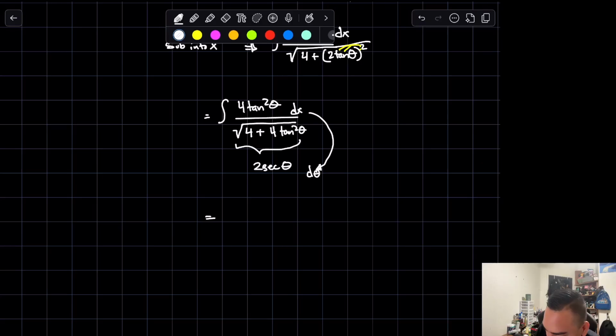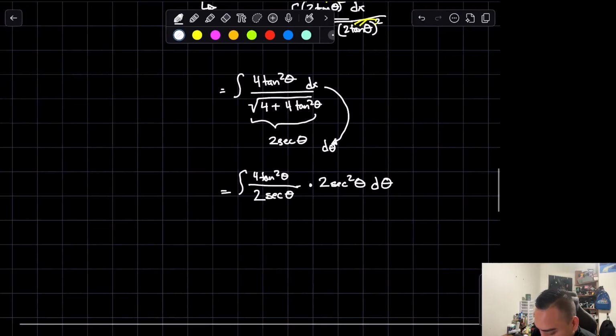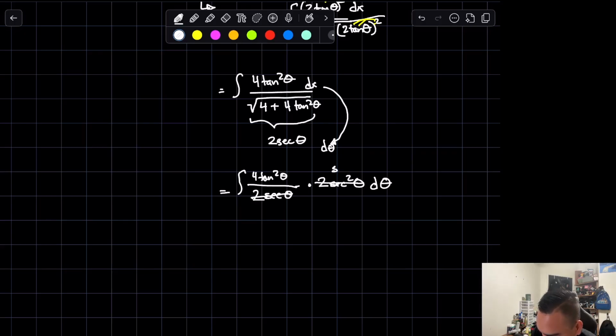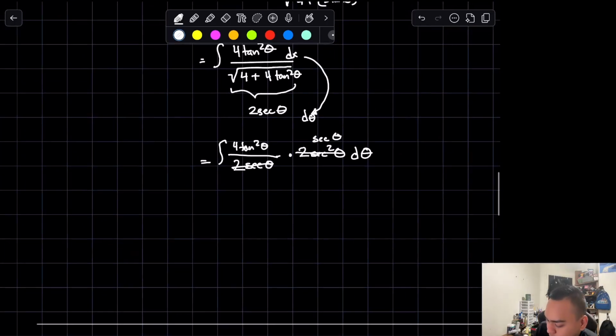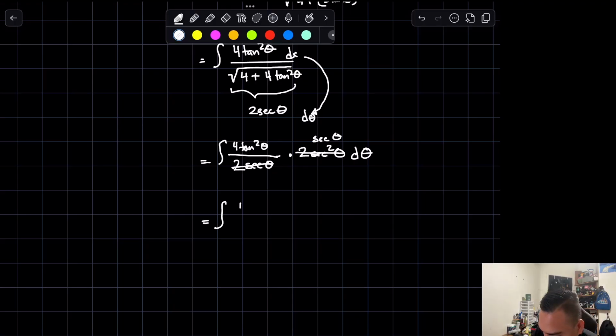So if we rewrite this, it's going to become 4 tan squared theta over 2 secant theta times 2 secant squared theta d theta. So the secant squared can cancel out, so you're left with just secant theta. So it's going to become 4 tan squared theta over, sorry, it's 4 squared, because the bottom cancels out, so it's just going to become times secant theta,